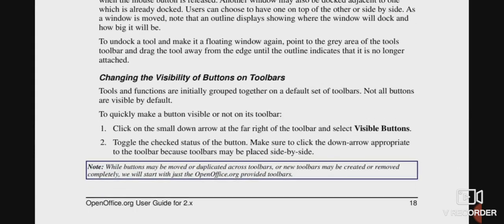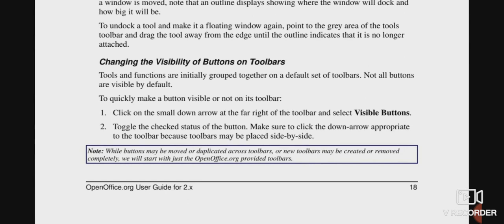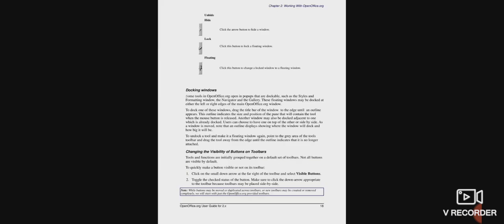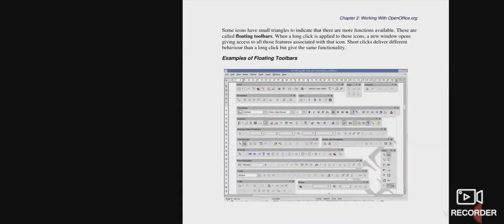So children, some buttons on the toolbar are invisible by default. To quickly make a button visible or not in its toolbar, click on the small down arrow at the far side of the toolbar and select Visible Buttons. Toggle the checked status of the button, and make sure to click the down arrow appropriate to the toolbar, because toolbars may be placed side by side.